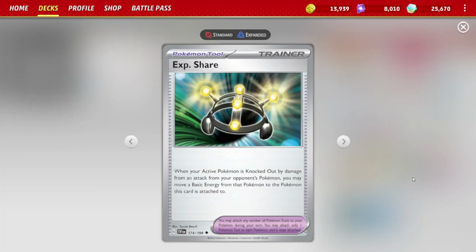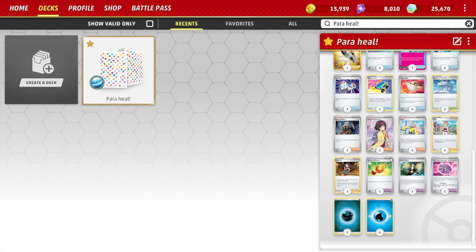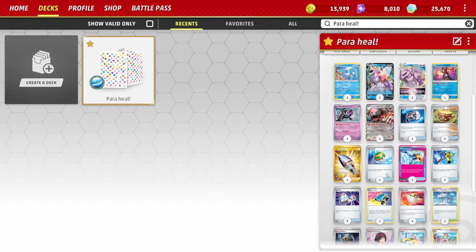We also run the EXP Share. We put that on Articuno, making sure that we always have one that's powered up, so that way even if something happens and we get knocked out, we have an option to pivot. We run the Devolution just to help set up knockouts later on in the game as we spread around the prize cards. And yeah, that's pretty much all the important stuff that we need to discuss about the deck,